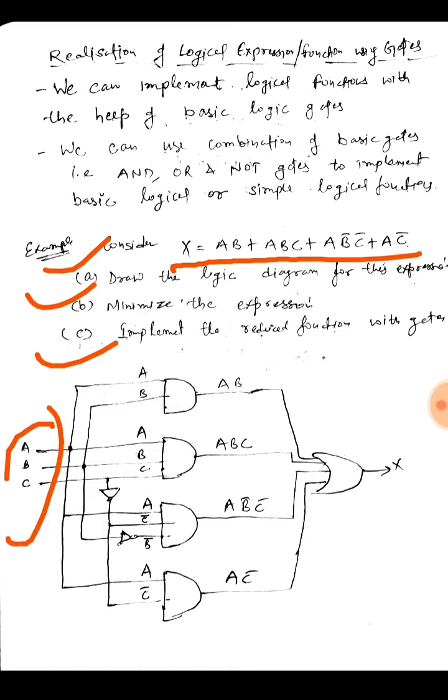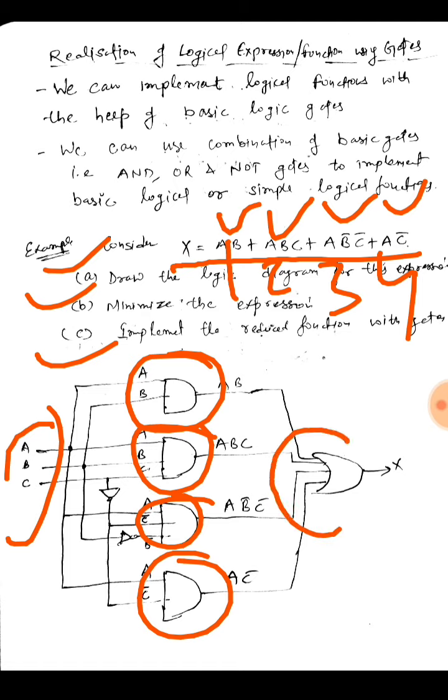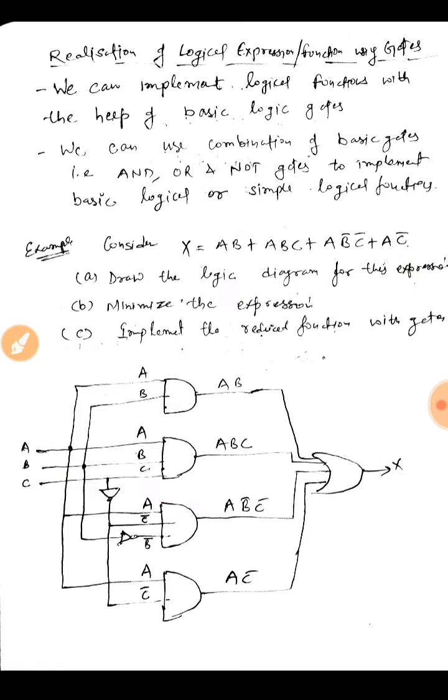So as I can see, I have four product terms. The product, or the AND operation, is done using the AND gate. As four product terms are there, 1 2 3 4, I would be needing four AND gates, and then all of them are added together. So I will need one OR gate, a 4 input OR gate. So this is how I can implement it.